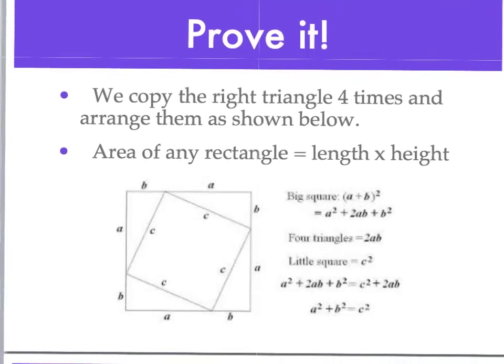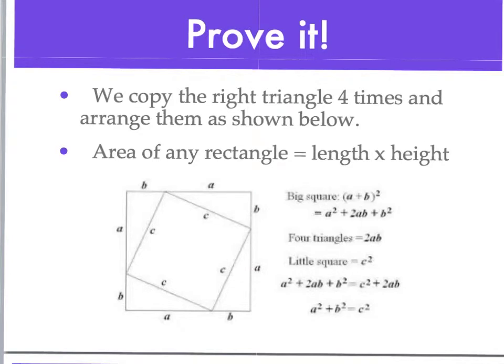And how do we prove it? We copy the right triangle 4 times and arrange them as shown in this picture. So here are 4 right triangles, and we put them together so they form one big square on the outside and one little square on the inside. We know that the area of any rectangle is length times height. So the area of the big square is A plus B times A plus B, which is simply A plus